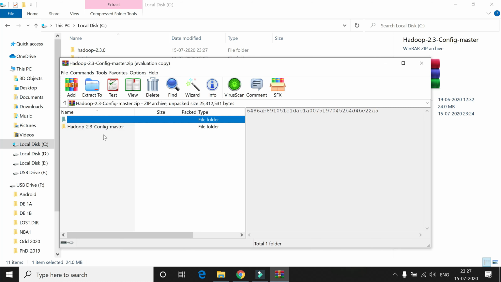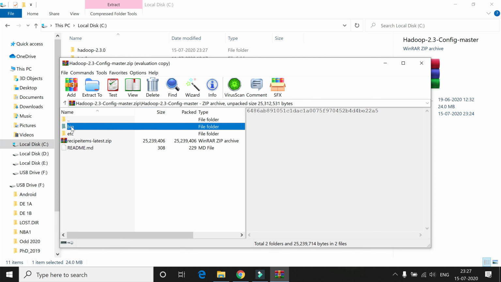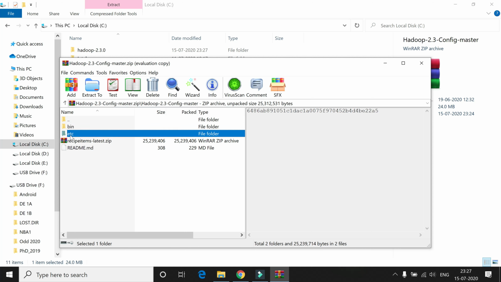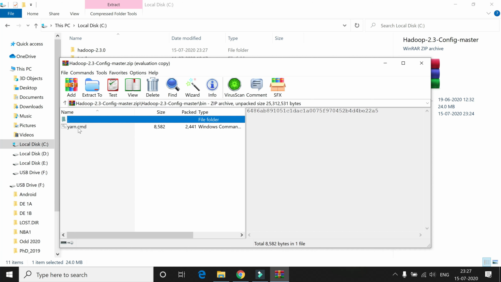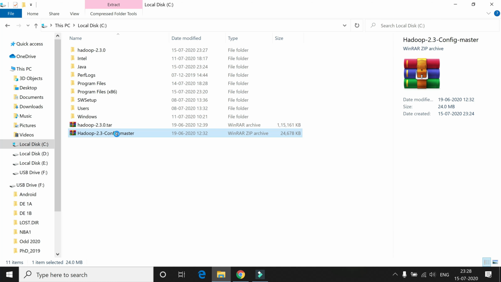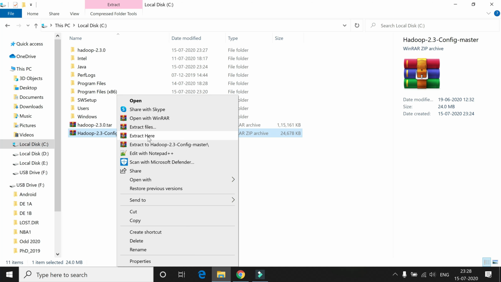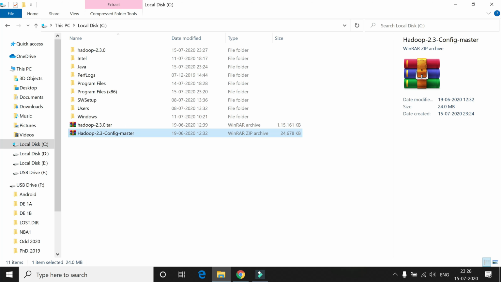Here it has two main folders, the bin folder and the etc folder. First open the bin folder. It contains one file, yarn.cmd. Before that we have to extract that folder.